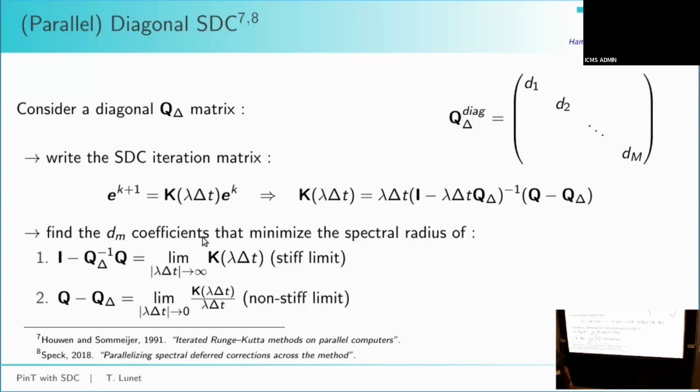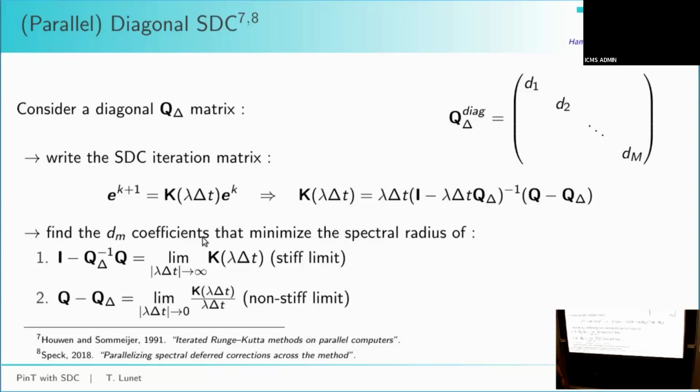Yes? The second limit, then you add the lambda delta t again? Because you divide it by lambda delta t, otherwise... You will add it in the integration matrix. Add it again later. What you look at is actually without the influence of the delta t at the end. Just add it again. Yeah. I mean, in the method, yes, you don't only use that in the method, adjust the matrix you target for